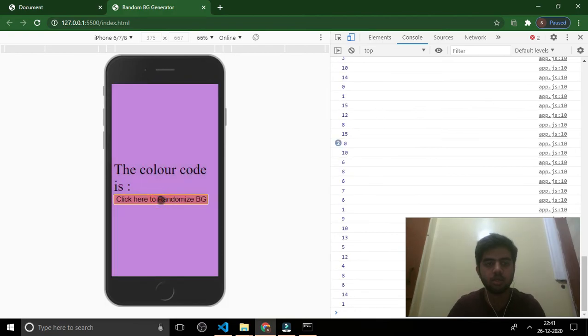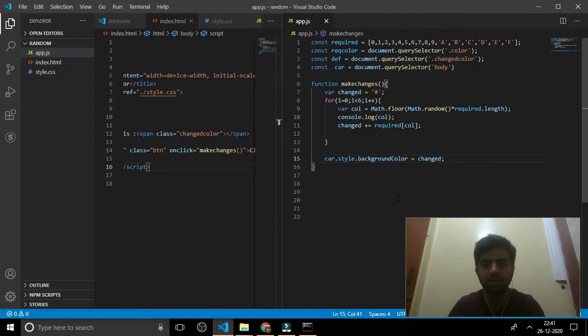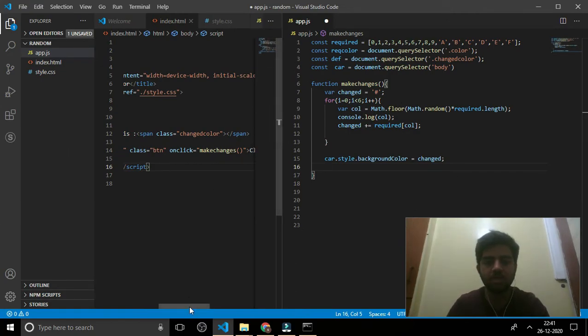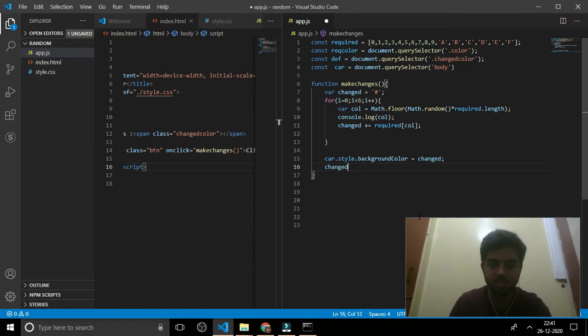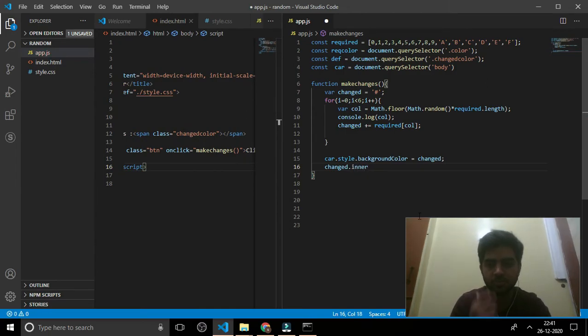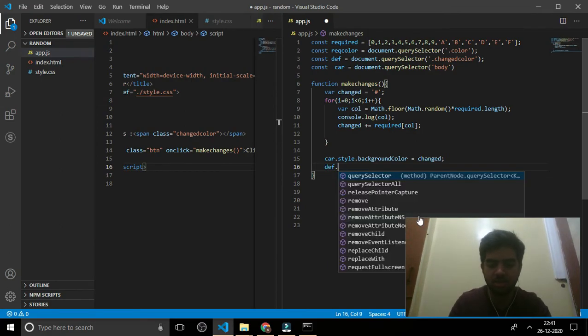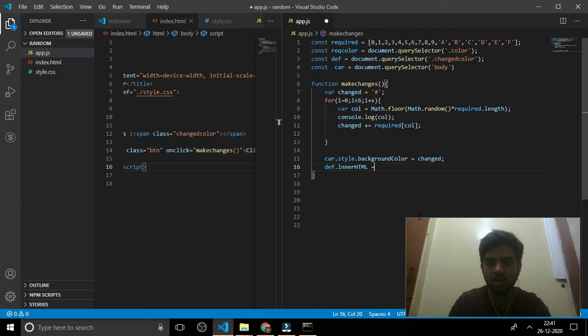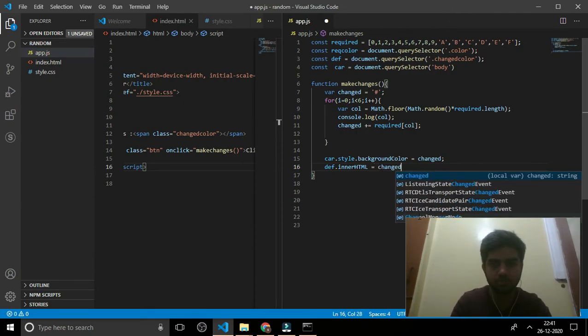Now we want the code of the color, right? So we'll grab the span id, def dot inner html is equals to changed.